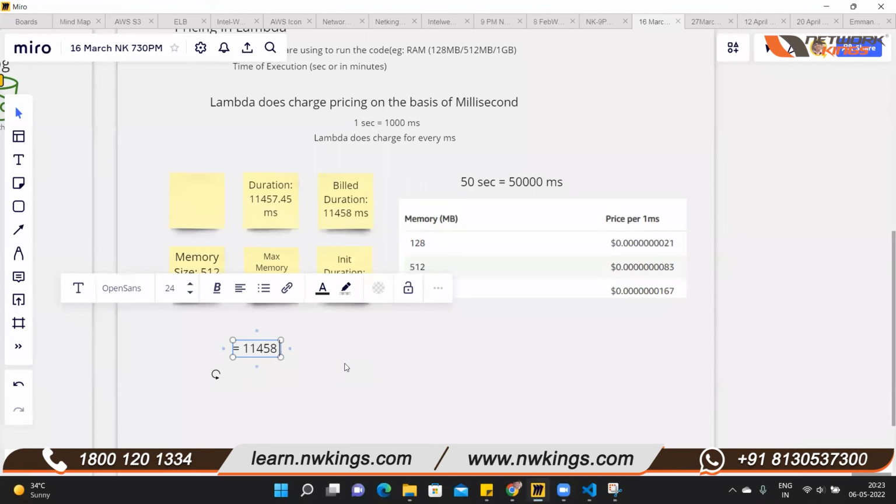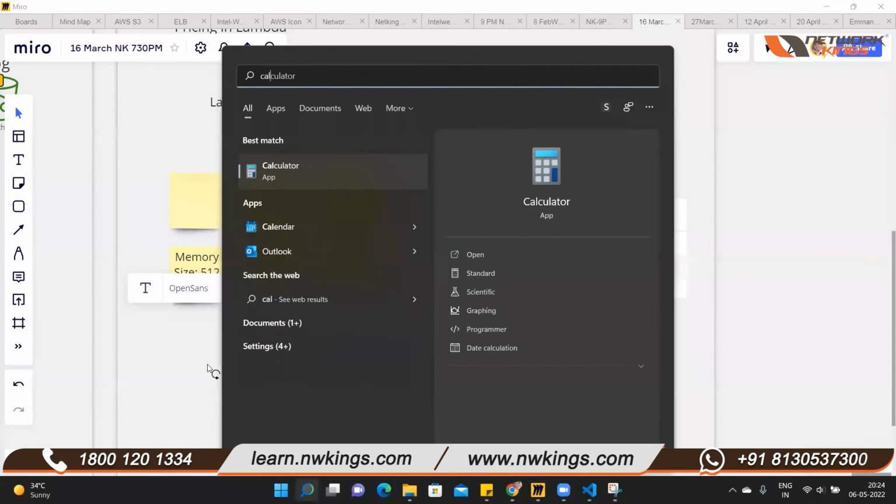11,458 milliseconds build duration, and you will pay this much dollar per millisecond, and you will run this program 30 times in a month. अब कैलकुलेट करो आप महीने के कितने पैसे दोगे. So let's say calculator I'm taking,